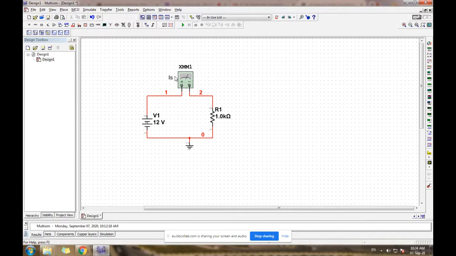For example, there are 3 currents: Is1, Is2, Is3, or I1, I2, I3. So you should remember which is I1, which is I2, which is I3. For you to remember and not get confused, you should use a graphic for reference, showing which current and which voltage this is. And as I said, you have to change this to Vs.